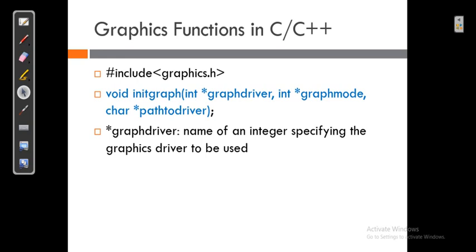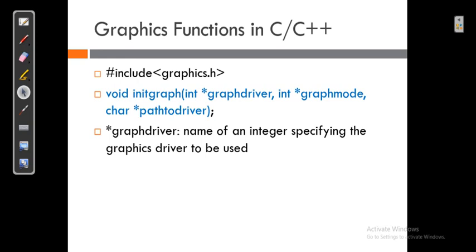Now this is the basic header file of a computer graphics program. So graphics.h is the header file. It will contain all the necessary information that is required for executing the functions, and it will give us access to a function called initgraph, initialize graphics. The initgraph function will enable your program to start working in graphics mode.